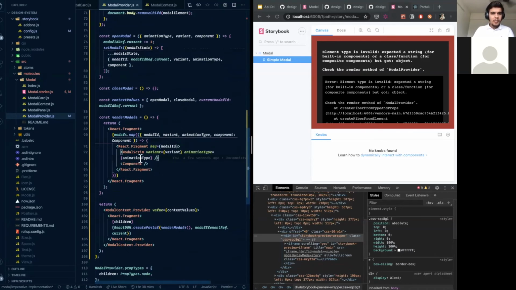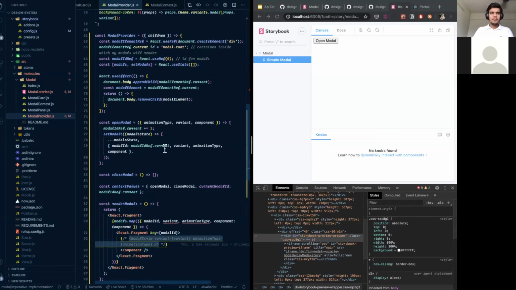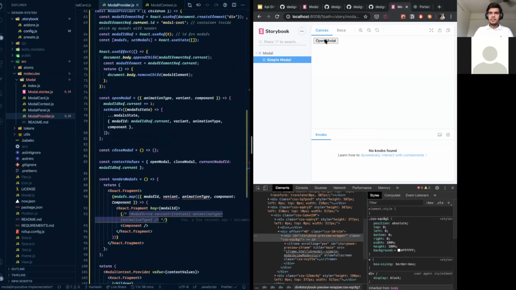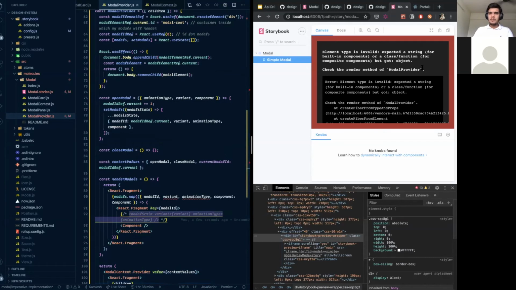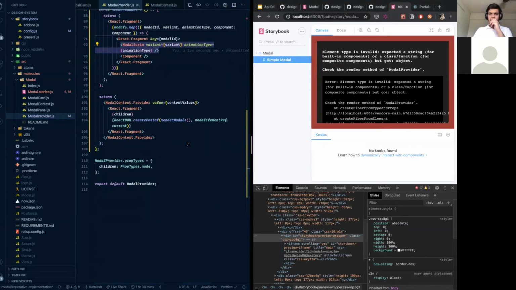Let's see if I don't render scrim. Does this work? Ah, scrim is the problem. Ah, let me see. Scrim isn't the problem. The problem is something else. So I have ModalProvider on this.